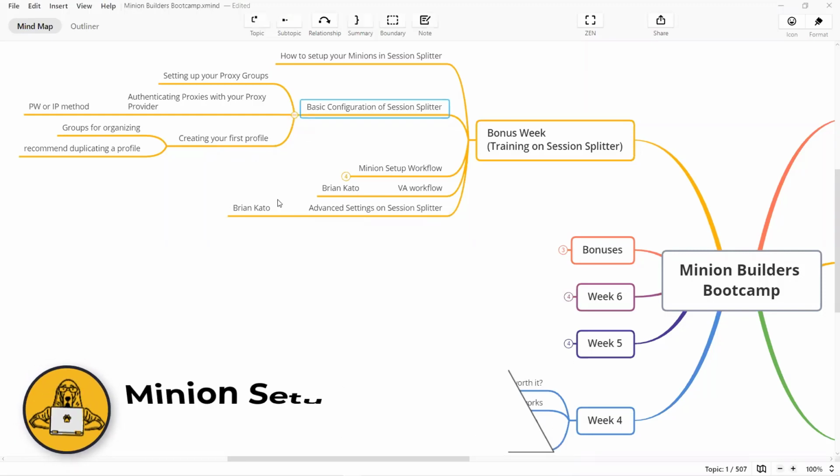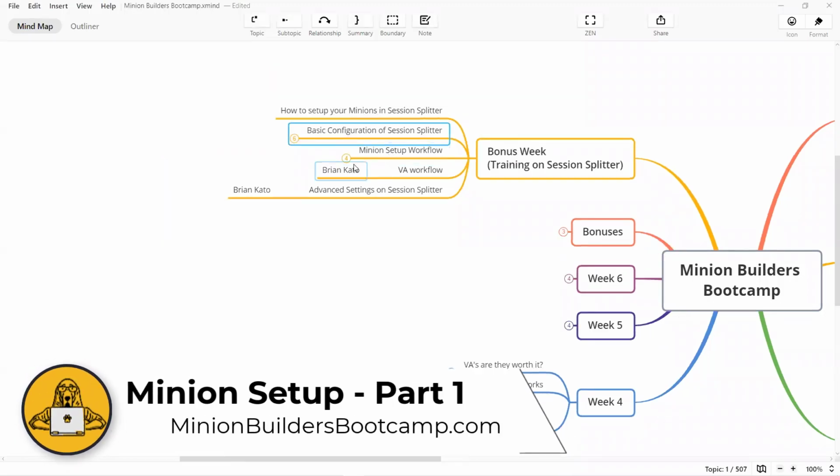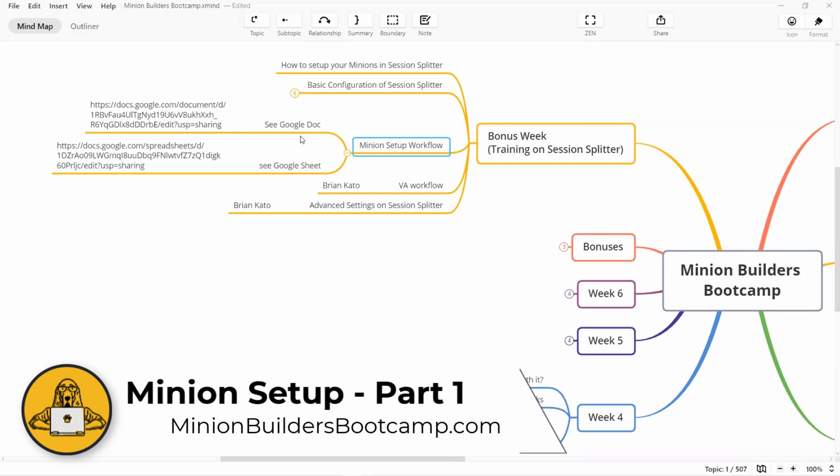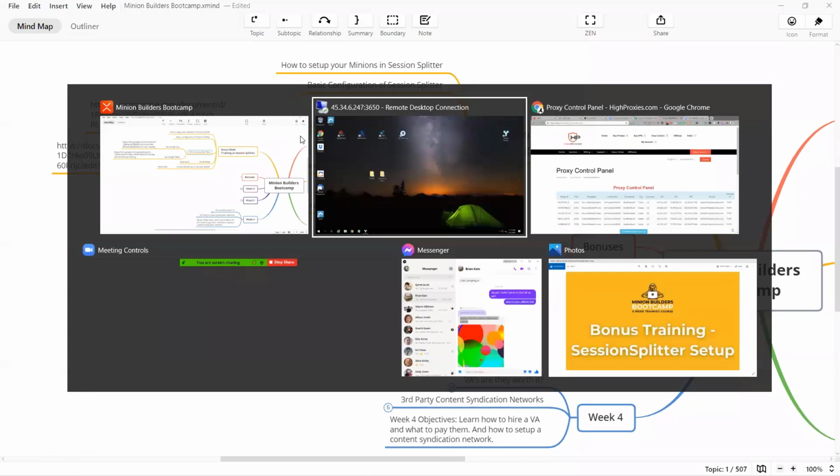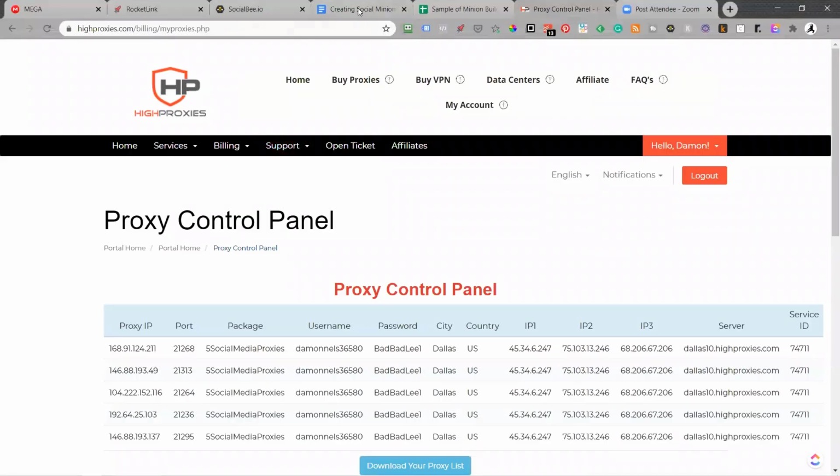Let's talk about the Minion setup workflow. My VA is Nita. She's actually here with me. Nita, say hi. Hi. So she has created a Google Doc of everything that we're actually doing online inside of